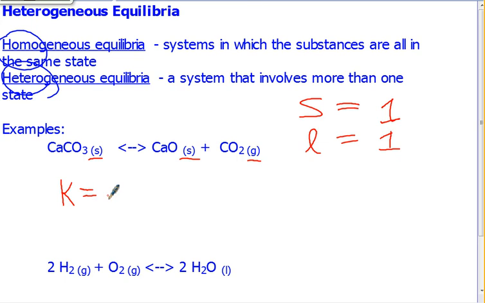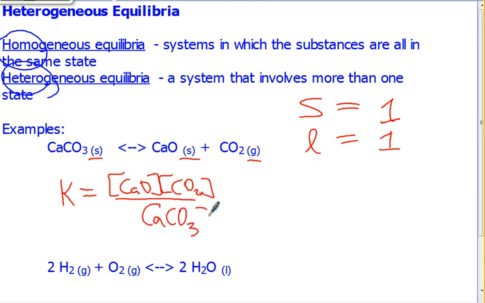But so initially we'd probably want to set this up as products, CaO times CO2, divided by CaCO3. But CaO and CaCO3 are both solids, so we're going to